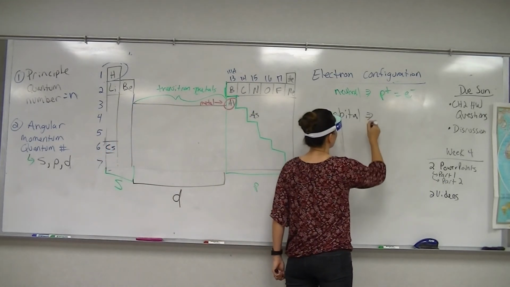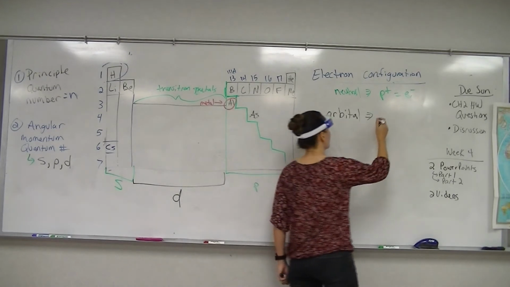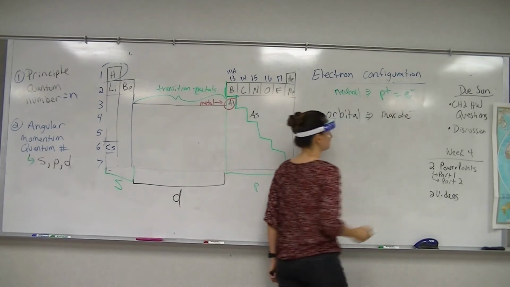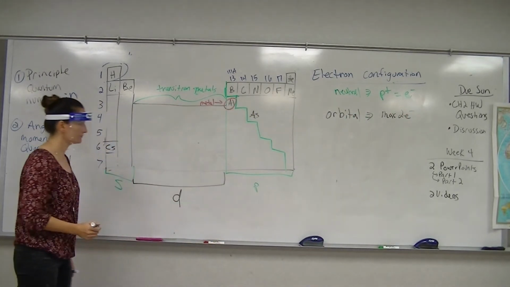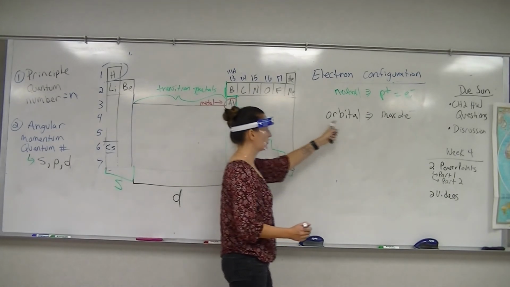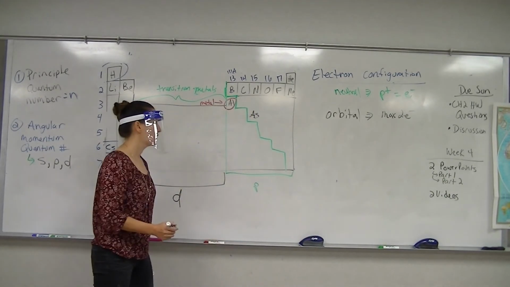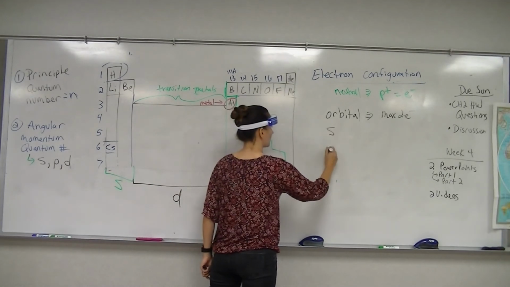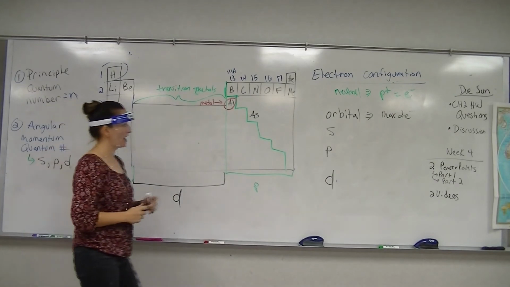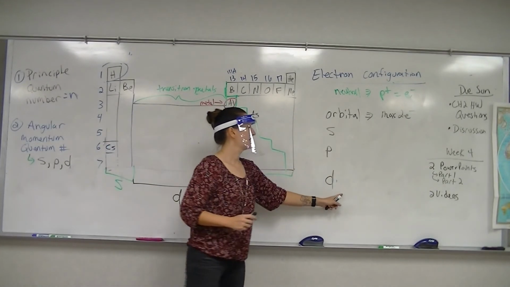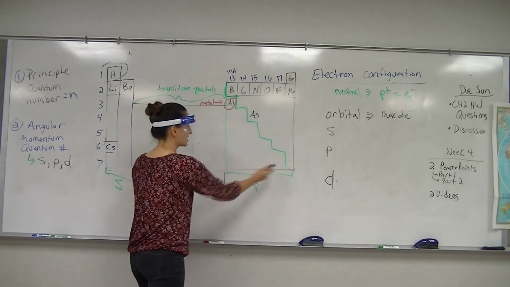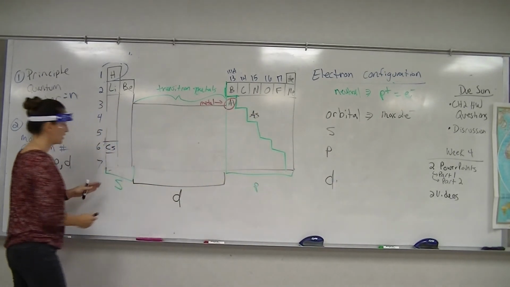An orbital is a place where an electron resides. Okay? Each orbital can hold a max of 2 electrons. So orbital, that's a place where an electron is. Each orbital, 2 electrons max. So when I talk about this S block, we're going to look at the P block and we're going to look at the D block. What we're going to say is how many orbitals does each one have? And then we're going to look at how many electrons each of these sections can hold. Okay? So for the S,